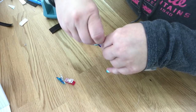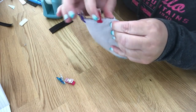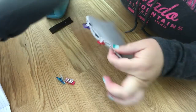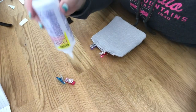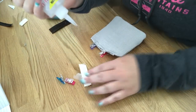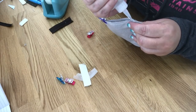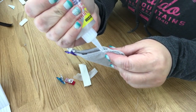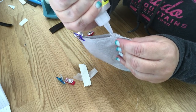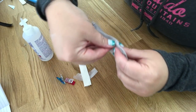Okay, so I just have it here. I'm just going to glue that part down. I tore it right there. But it's on the inside bottom of my bag, so I'm not that worried about it, okay? So I have it lined up, so I'm going to take the glue, make sure it's down. Okay, it's coming out. So I'm going to go ahead and open this. I'm actually going to glue this little bit that was torn. See, I'm just putting a little bit of glue right here. I'm going to fix that little spot that tore, and then I'm going to put the glue between the two layers so we can glue that as well. So if you push it down,